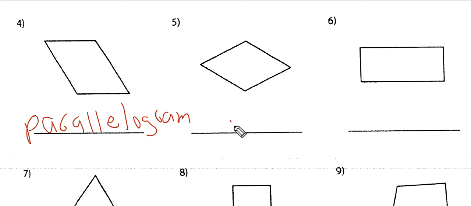Now, number 5, rhombus. Could be a square, but it doesn't have any right angles though. See, these are less. A square has to have 4 right angles like this, like a rectangle has, and all the sides are the same. This one, all the sides are the same length. That's called a rhombus. Number 6,